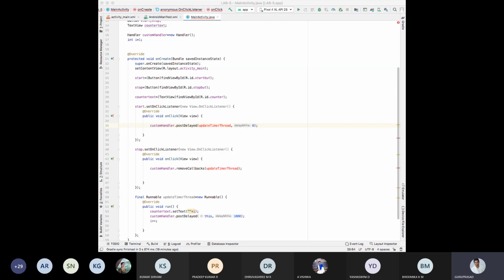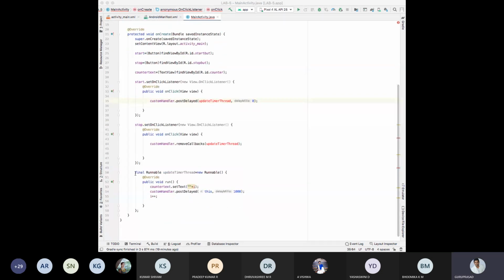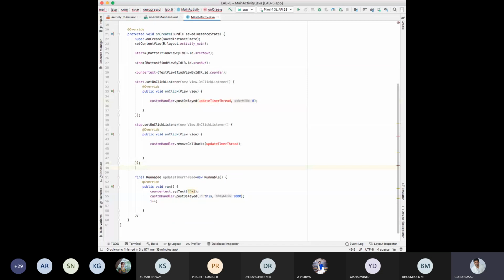So why is it getting the symbol? Private. Okay, fine.